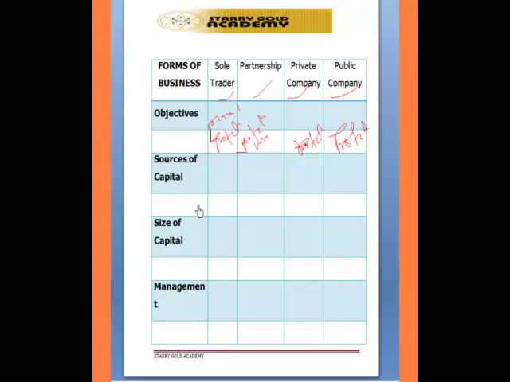So for a sole trader, the major source of capital is personal savings. Please pick up your pen and keep note of this. Personal savings. Then for a partnership it will be partners' contribution, which is the major source of their capital. The private company will be sales of shares